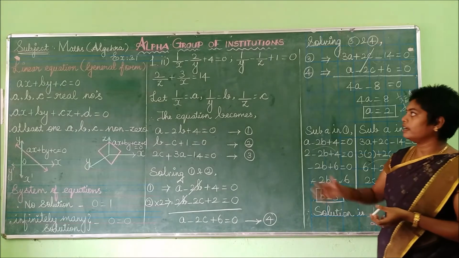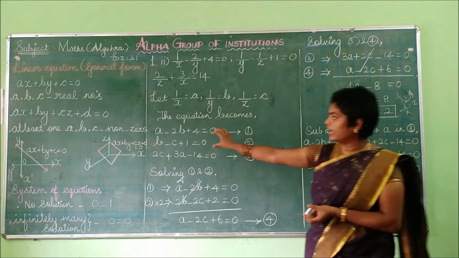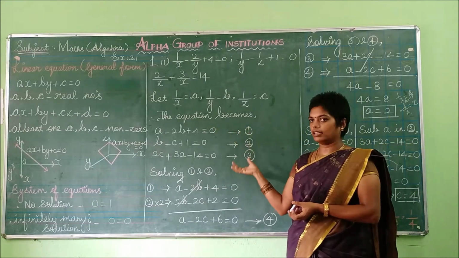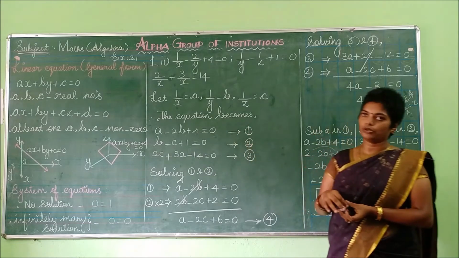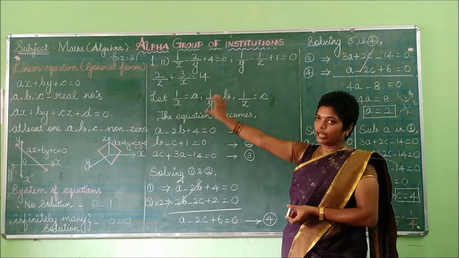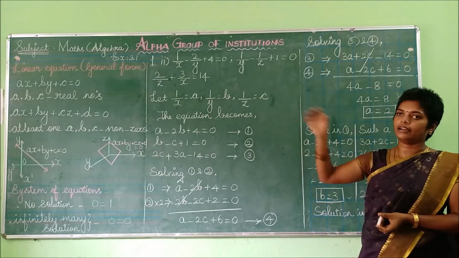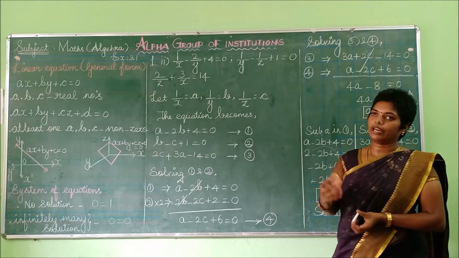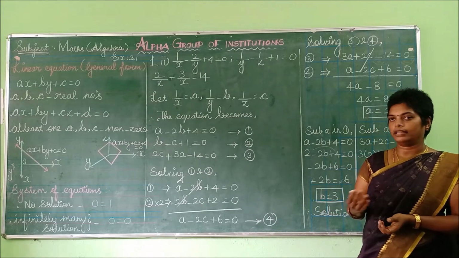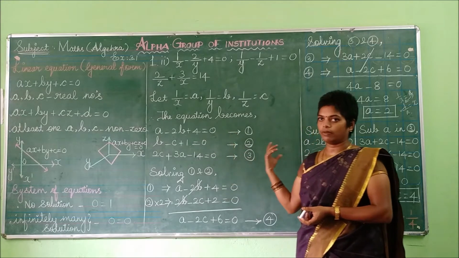So listen once again how to solve the equation. If they give it in a simple format like this, you can easily solve it. You can take any two equations and solve. If it is complicated like this, you can choose some variable notation. Here I have taken a, b, c. You can take p, q, r, m and o like that. Afterwards, arrange and solve those values.